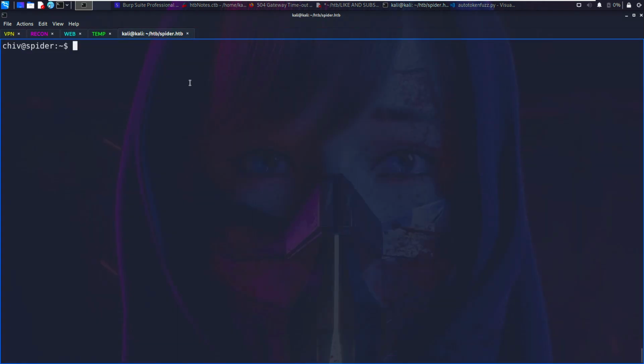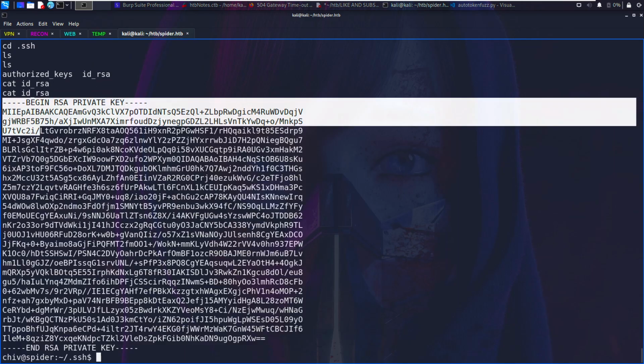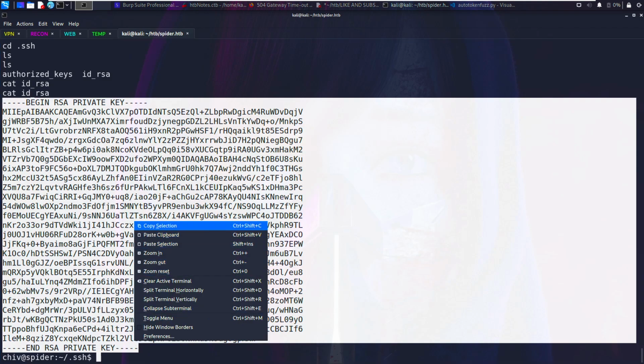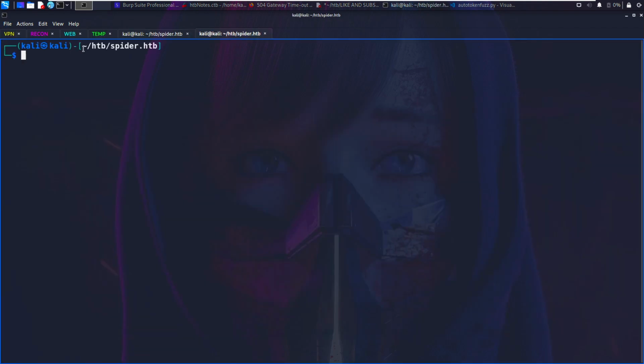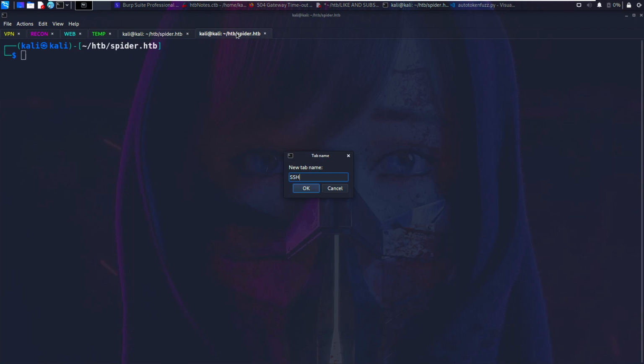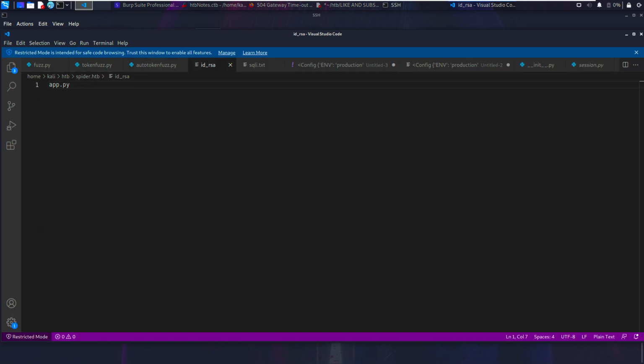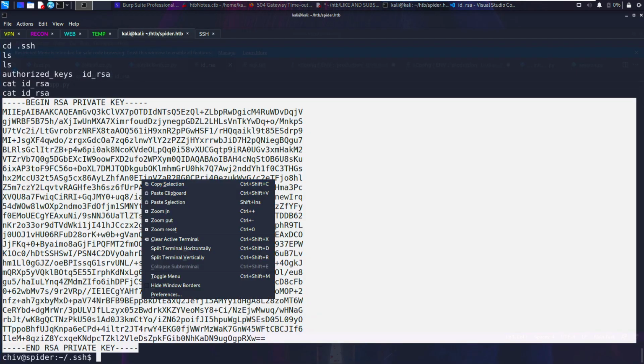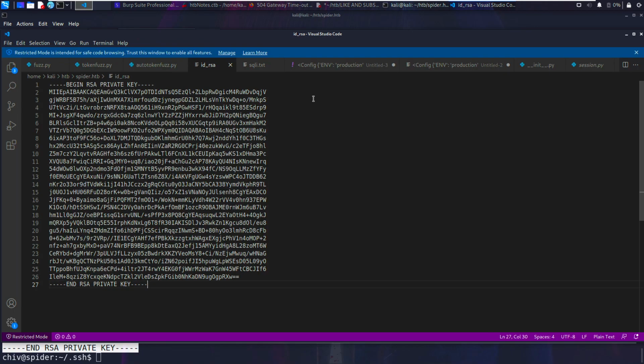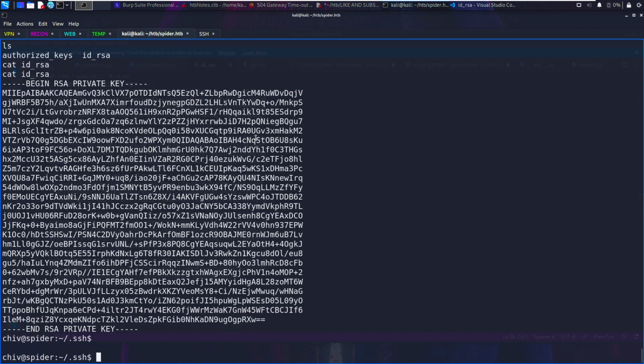All right, minimize. Cool. So go into cd .ssh, cat id_rsa, take the SSH key, go into here, create a new tab, call it SSH. Cool. Go to code id_rsa, paste that in there. Oh, apparently it didn't actually copy. Copy. Put a new line for formatting. Go to here, and then